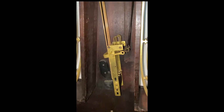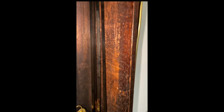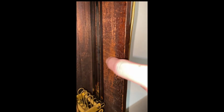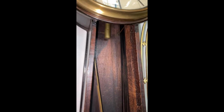So this is where the chime hammers and the chime rods are stored for the Westminster chimes, and they're activated by these super long New Haven lift arms pretty much, and their connectors. You'll also notice the pendulum up here and the small arc, and that's because this is a Westminster Chimes mantle clock movement adapted to fit into a banjo clock case,